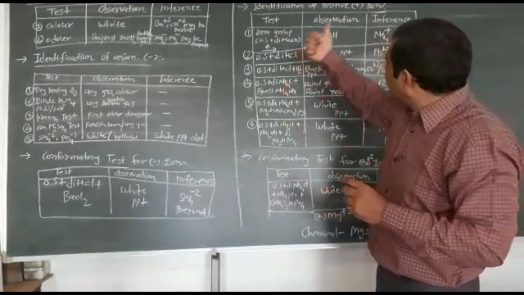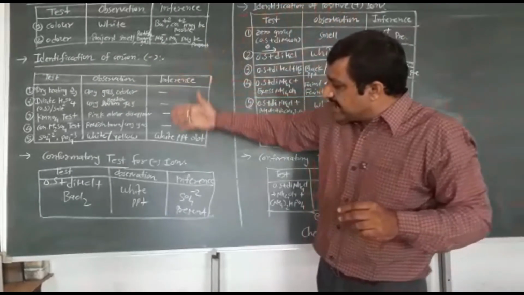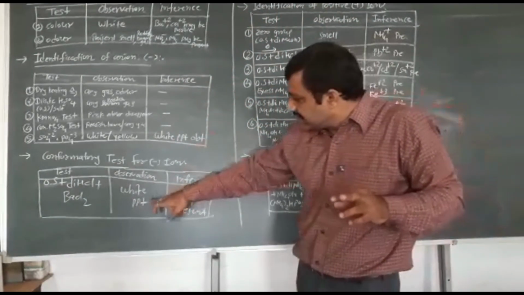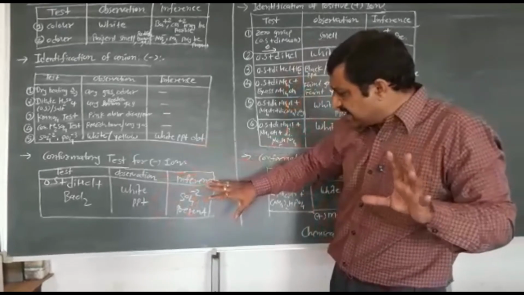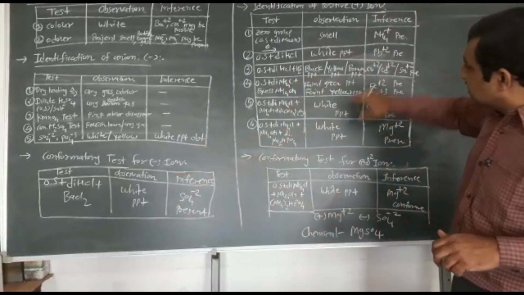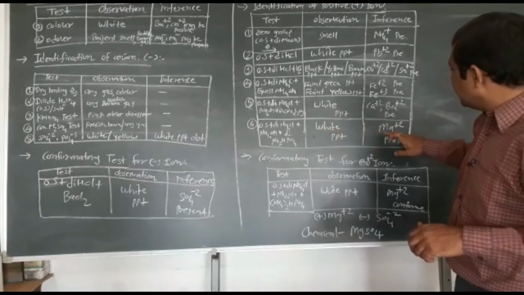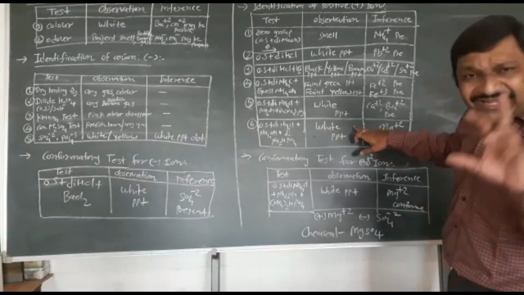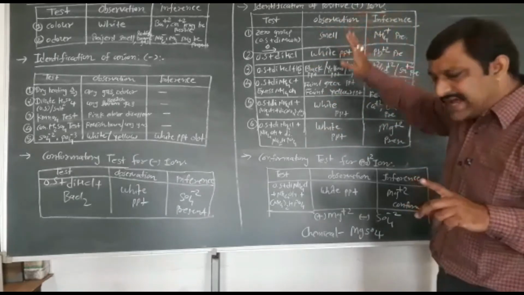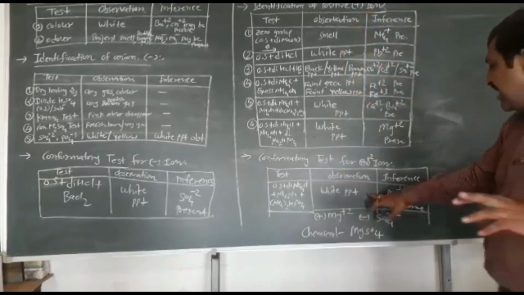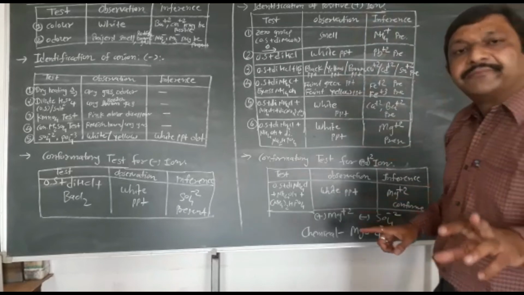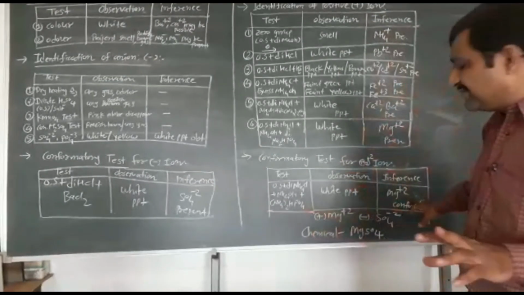Okay, we have performed first the negative ion. Then in negative ion, the sulfate test, we got white precipitates, so SO4 minus 2 is present here. Then we performed the last group. Then we got white precipitates as Mg plus 2 in identification of positive ion. And finally we performed the confirmatory test for Mg plus 2. Then we got again white precipitates for Mg plus 2.